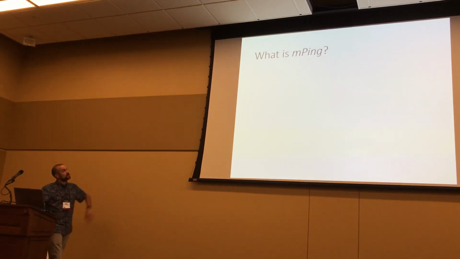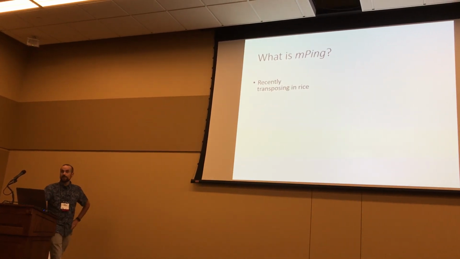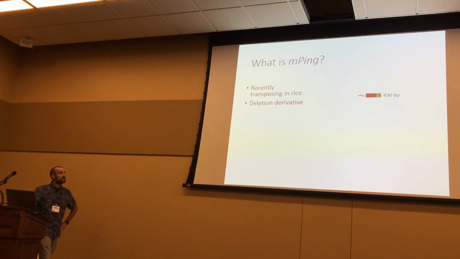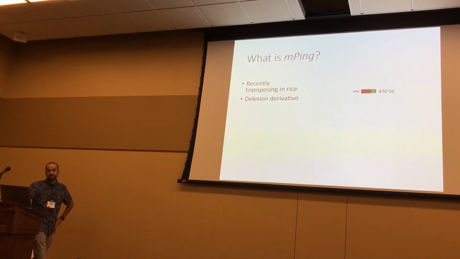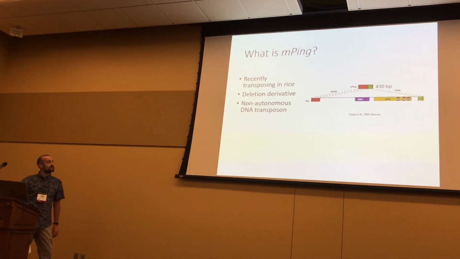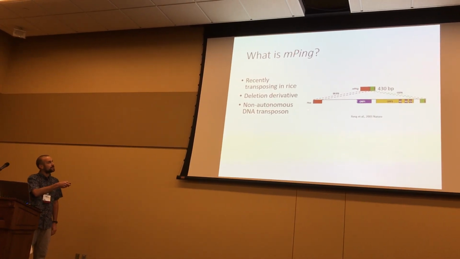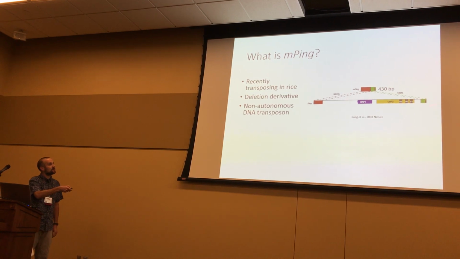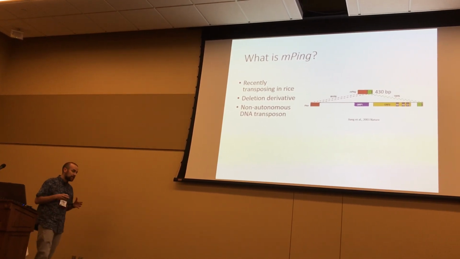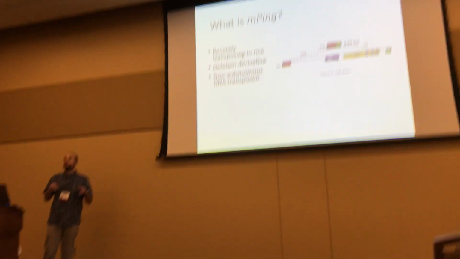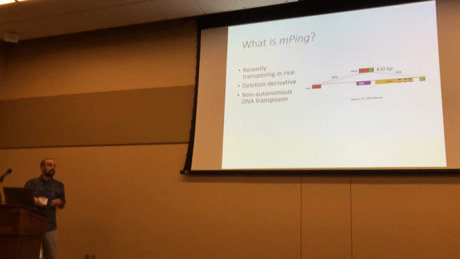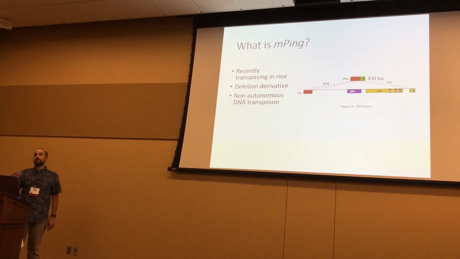And so we're using a transposon called MPING. It comes from rice. It's very short, so it's a mite. It's a DNA transposon. It's also a deletion derivative. So it was a part of a much larger transposon called PING. So MPING stands for miniature ping. So it's lacking all of this information, including these 2 open reading frames that encode the genes necessary for transposition. So MPING by itself can't move, but if you transform it with these 2 genes, it can jump and mutagenize